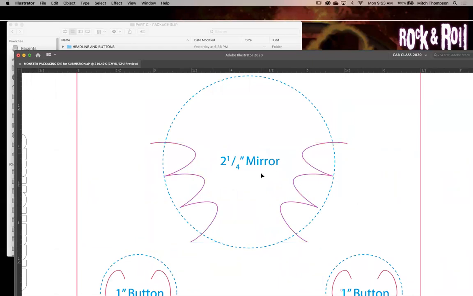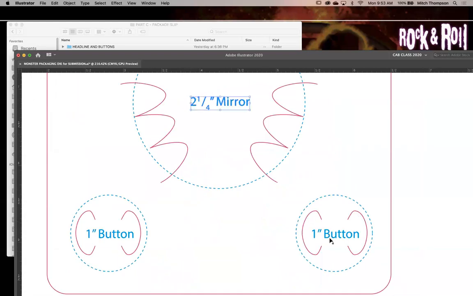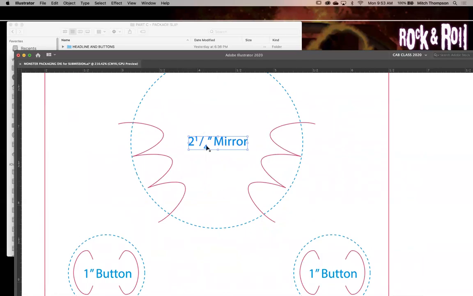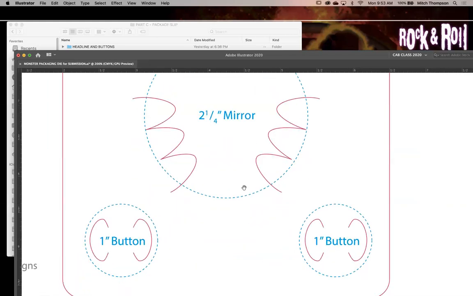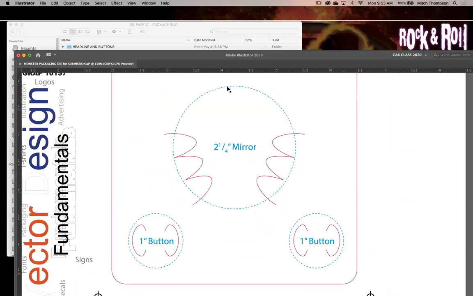You'll notice it says mirror. Sorry, I should have specified this at the beginning of the project. This is considered a button, yes, but you know what? If you want a makeup mirror, beautiful. That's what this is. It's actually a 2 1/4 inch mirror. So you can take it off, flip it around, and pluck your eyebrows if you need to. It'd be your custom little pocket mirror. Kind of neat, eh? So anyway, it's still considered a button,